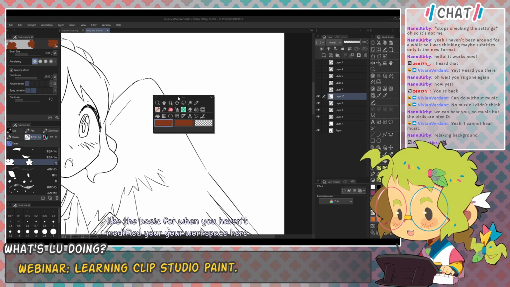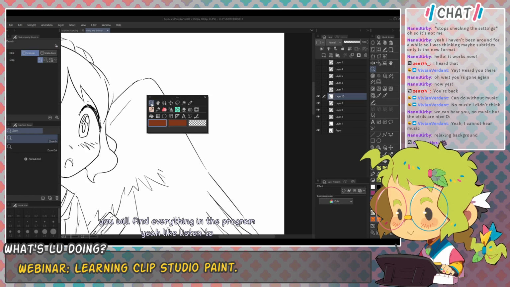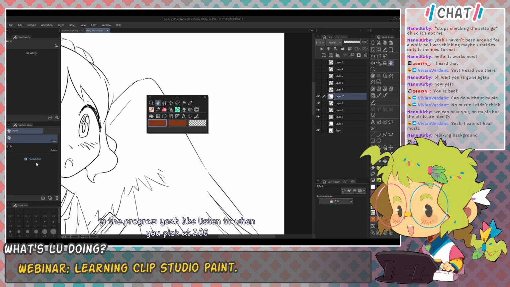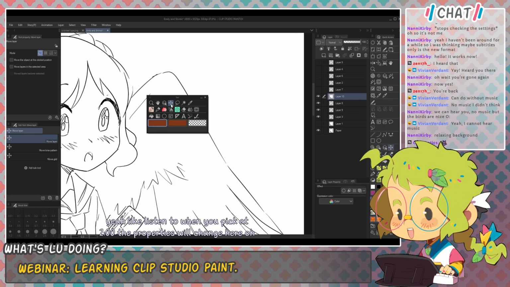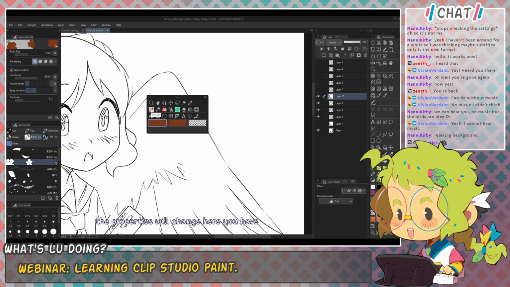Here, this is the tool window. This is one of the most important windows. And here is where you will find every tool in the program. Yeah, like the zoom tool. When you pick a tool, the properties will change here. Oh, this is one of my favorite tools. I forgot about it. Well, in this line you have all that is pens, airbrushes,